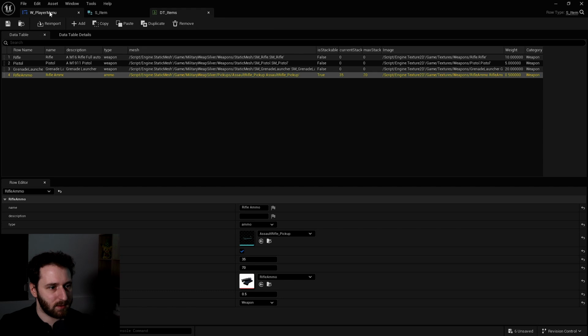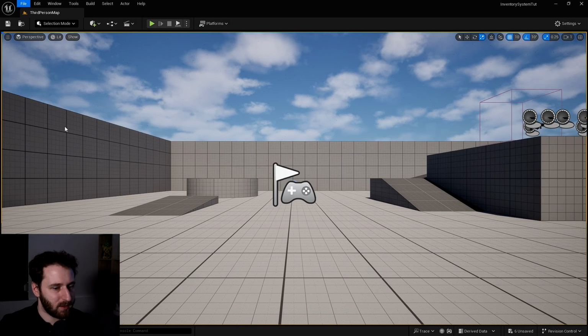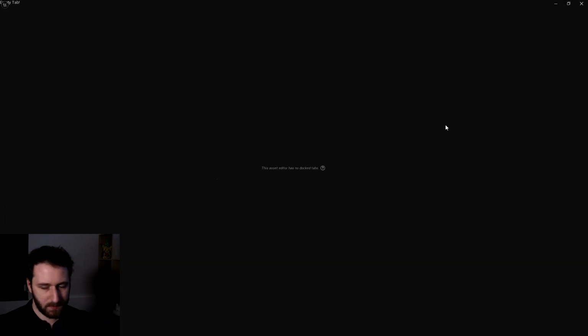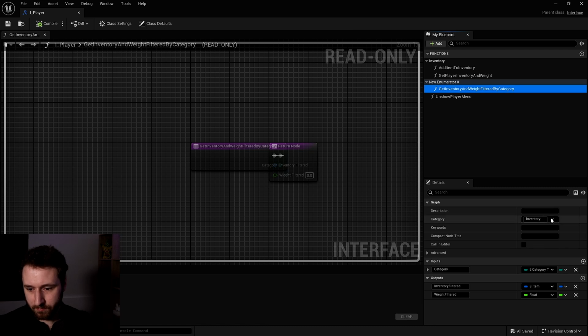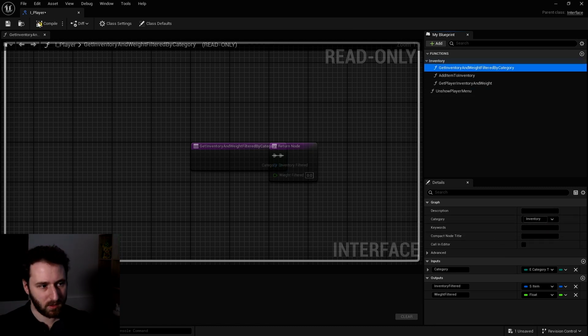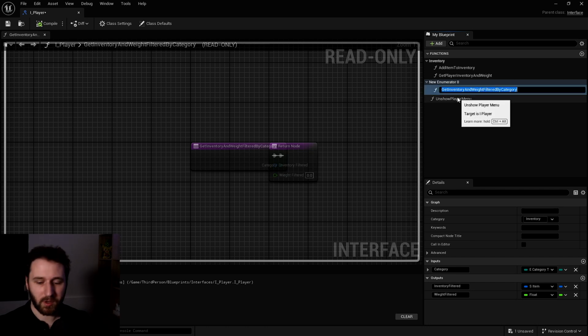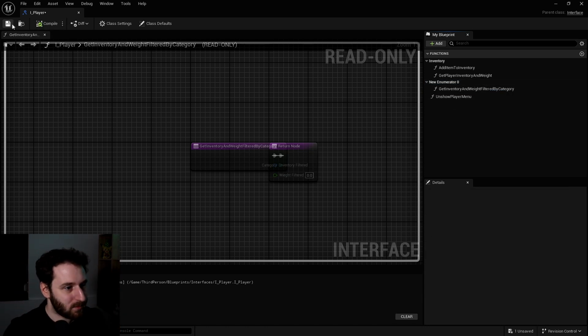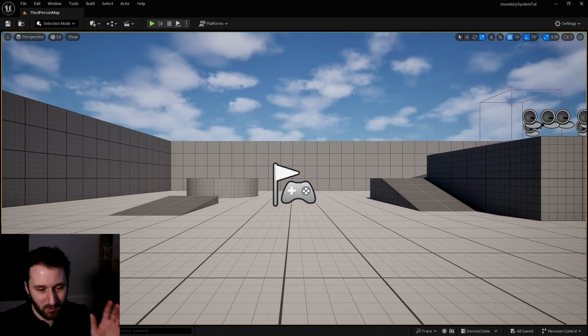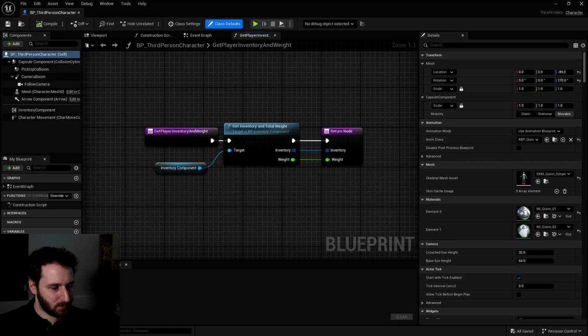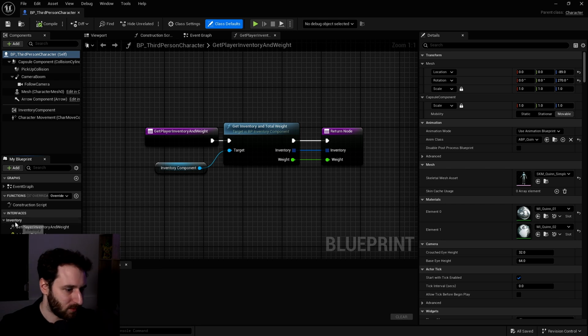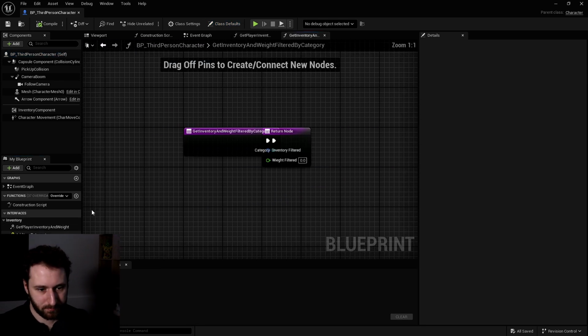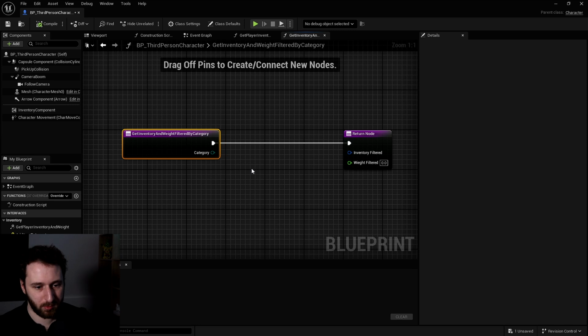Let me close everything. We'll save everything and try again. Interface. Okay, can you stop now? Okay, he wants to put it in the new enumerator 0. We will let him do what he wants. Okay, let's get into first person. The thing is, now it should be in here instead of being in the inventory, but it's okay. It will work anyway.